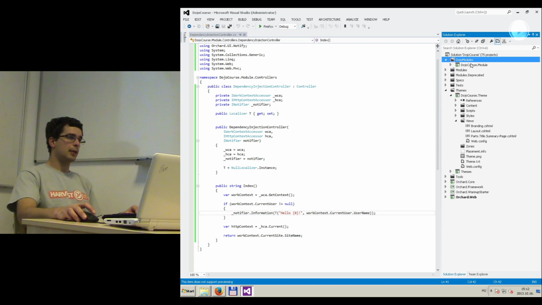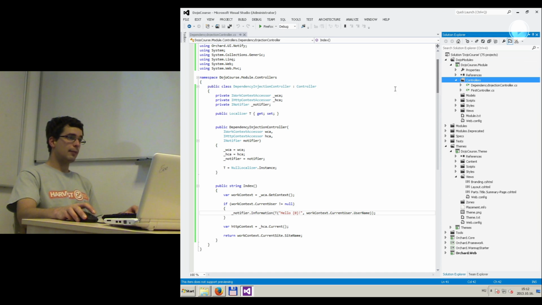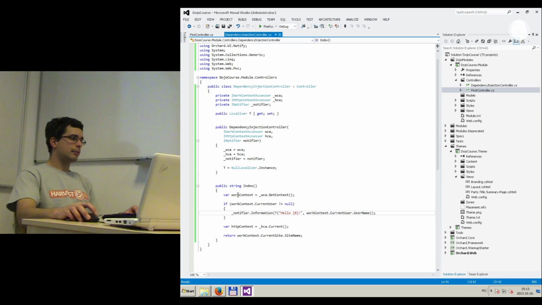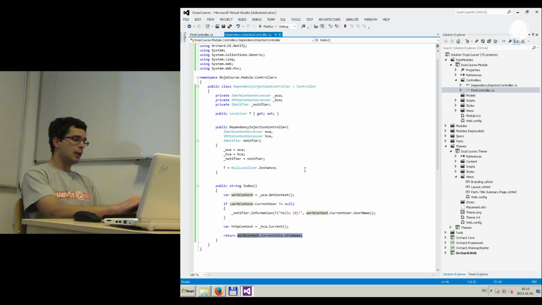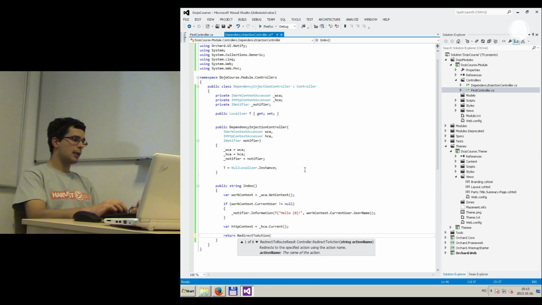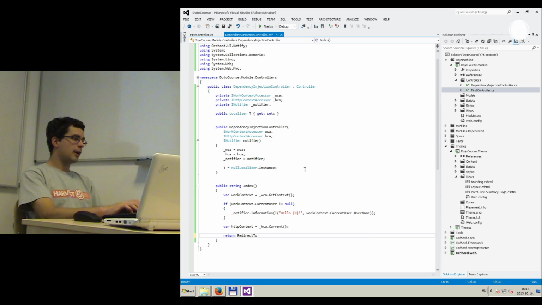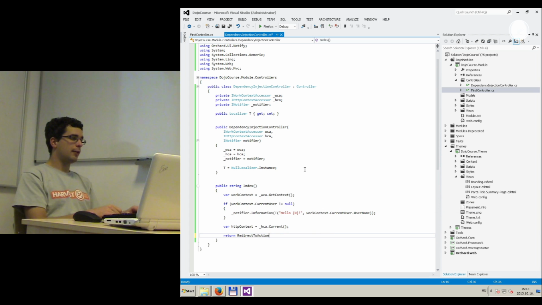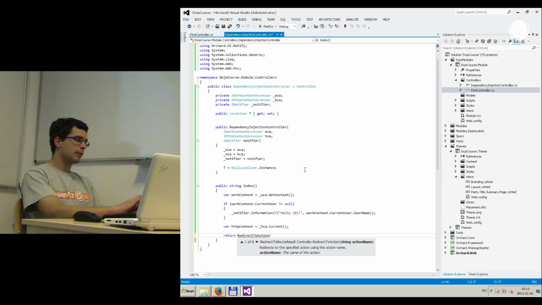Oops, let's get back to our module. We will redirect the user to our first controller's index method, index action. So let's remove this site name display from here, and let's return a redirect to action. As you can see, there are many redirect type return values here, but let's use redirect to action now. The action name, so